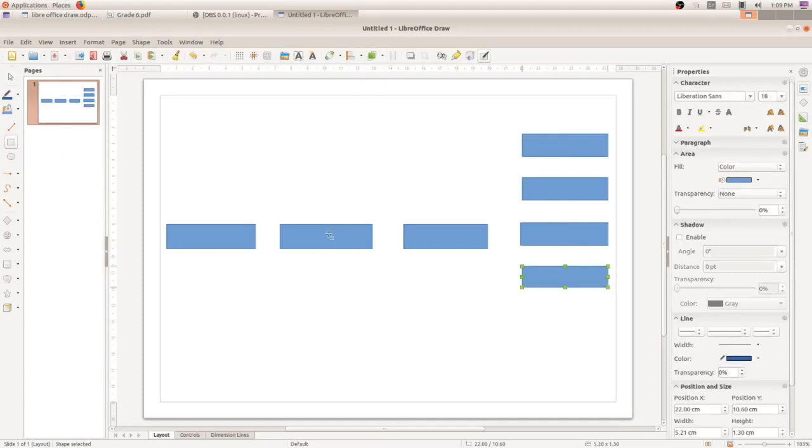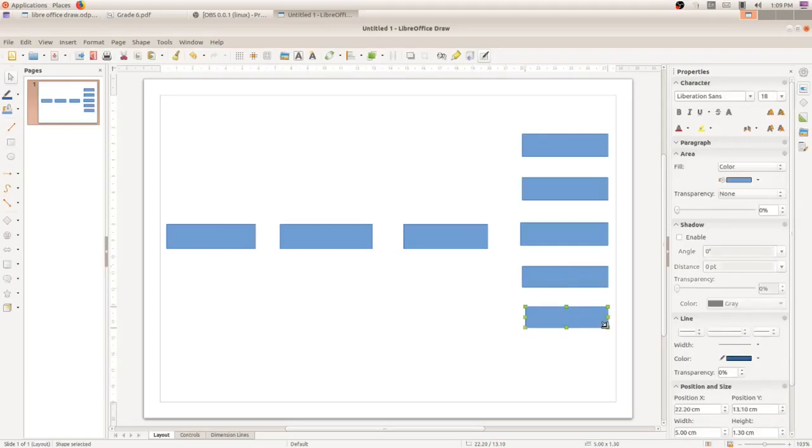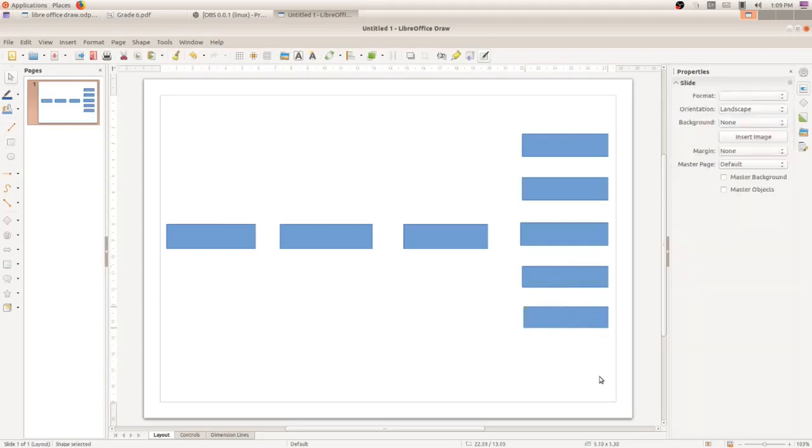And one more rectangle. Okay, so I have drawn a total of 8 rectangles like your textbook.